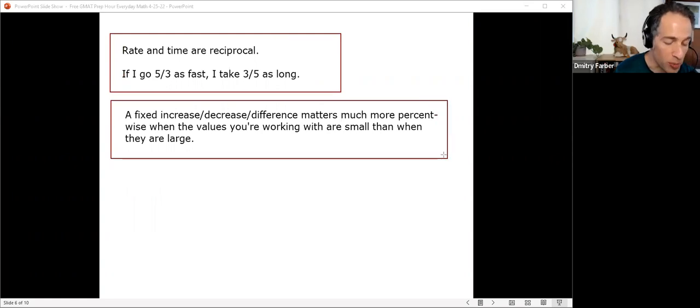I want these to show up on the GMAT. Not that I don't care about your life, but we're here for the GMAT. But if you start noticing these things in your life, then they're much more likely to be something you think about when you're dealing with the GMAT. One other principle we could add here is that